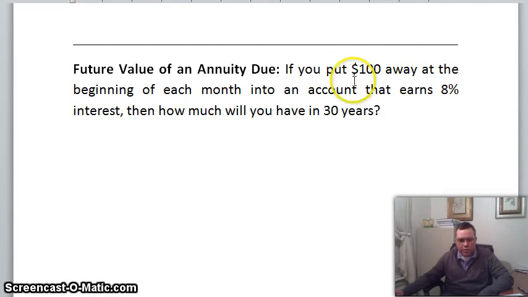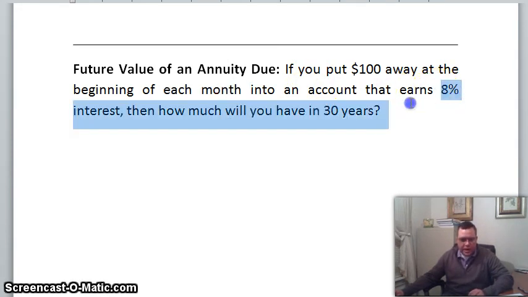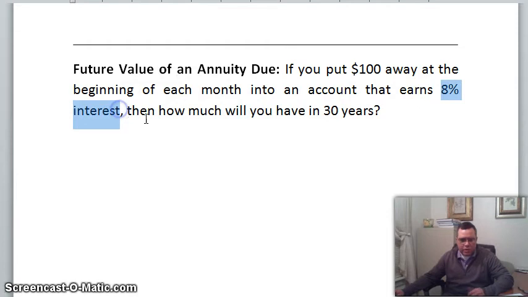That'll be the $100. Another thing that's different about this problem is that we're in months, beginning of each month. So far we've had everything in years. When your interest rate is stated, it's stated as annual. We always state interest rates annually. So this is 8% interest. That means 8% a year. In order to get your calculator to work correctly, you have to have